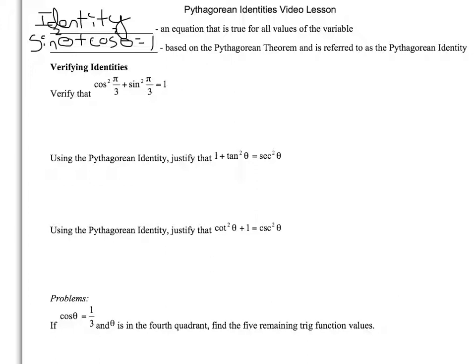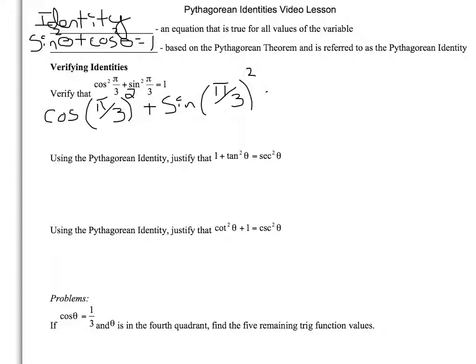For example, it says verify that cos squared of pi over 3 plus sine squared of pi over 3 equals 1. All I want you to do is notice that we're plugging a pi over 3 in for theta, and it should equal 1. When you type this in your calculator, please make sure it is in radians, since pi over 3 is a radian value. So you'll type cos, parenthesis, pi divided by 3, close parenthesis, squared, plus sine, parenthesis, pi divided by 3, close